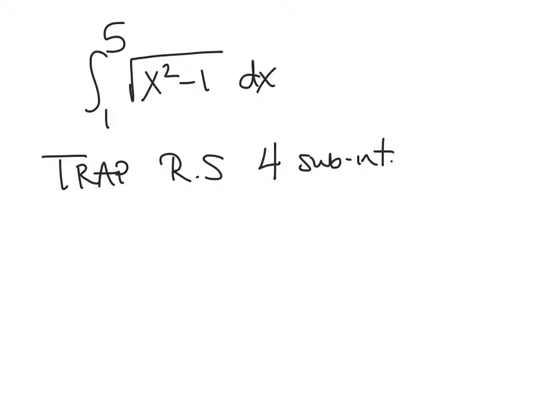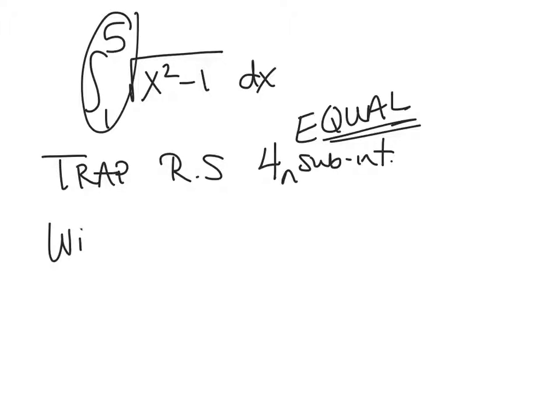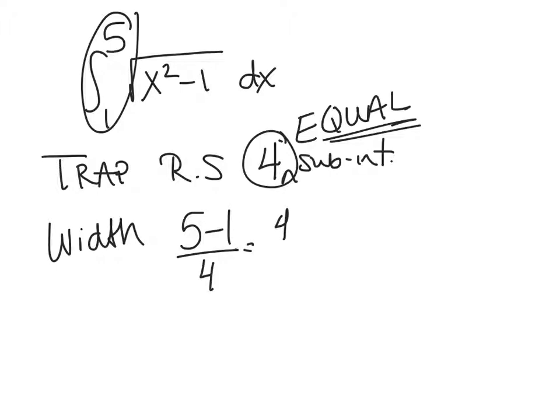Alright, so we're going to integrate from 1 to 5 of radical x squared minus 1 dx. And we're going to do a trapezoid with 4, and I missed the keyword, equal subintervals. Okay, so because they're equal, we're going to use our little trick. We're going to find the width. So we're just going to take the difference in the bounds, 5 minus 1, and divide it by the number of subintervals. So I'm going to get 4 over 4, so each one is going to have a width of